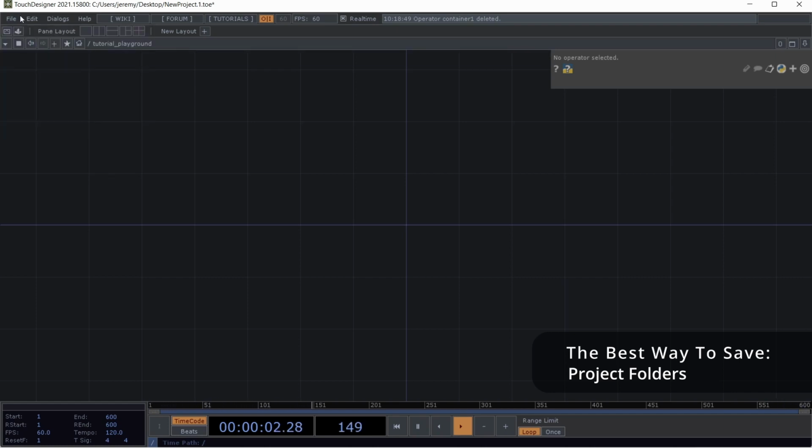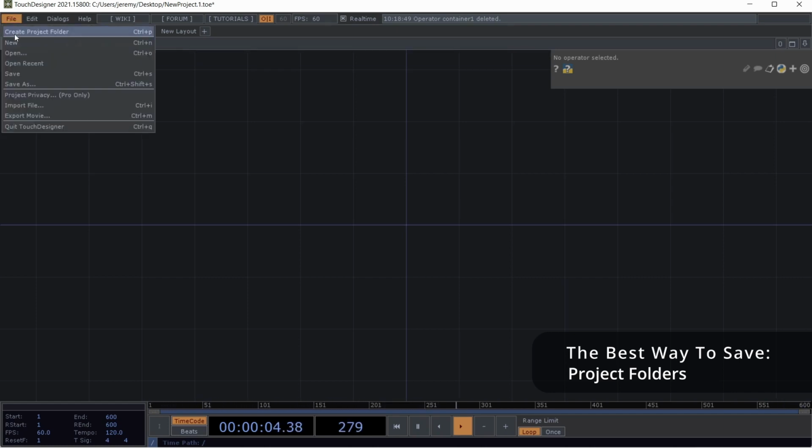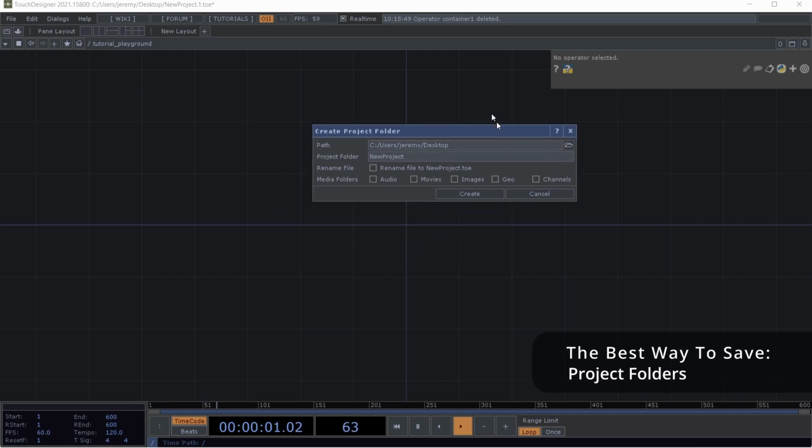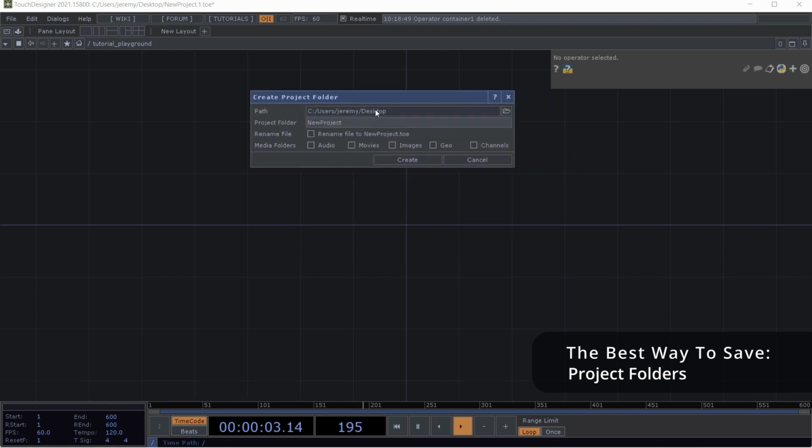If you did, no big deal. But what you want to actually do is create a project folder. So let's go File, Create Project Folder. All right, now we got this. It's going to make a folder on our desktop. The project folder is going to be called New Project. We don't actually want it to be called that. Let's call it